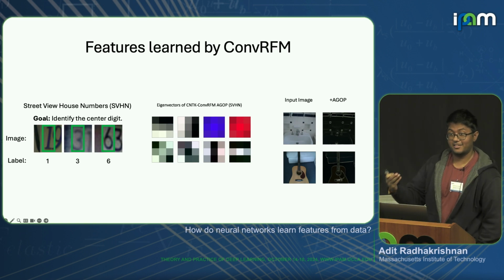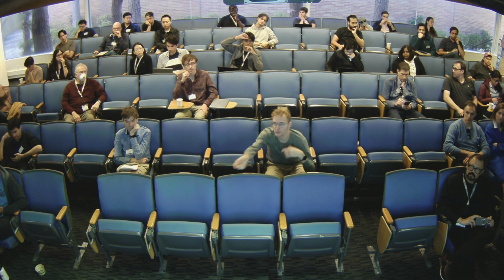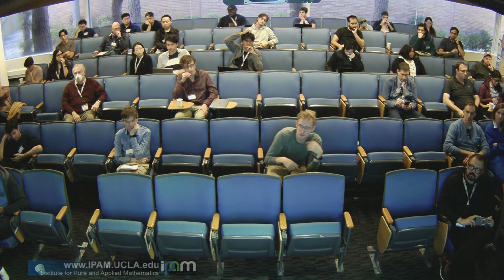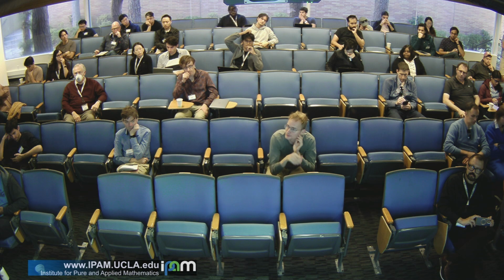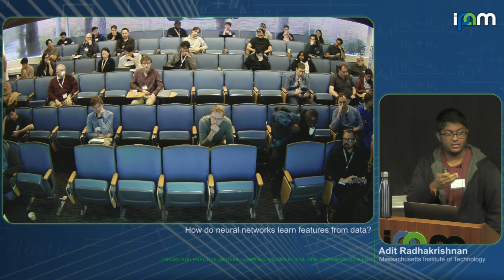Yeah. Wait, so could you get the same thing out of these features, not by doing the whole propagate forwards to find F and then backwards to find the AGOP, but just by convolving against these local filters? Do you need the whole AGOP rigmarole, or can you just use these filters to get this edge detection? Oh, you just use the filters, right, to get edge detection. But I'm learning the filters from the AGOP. These are the eigenvectors of the AGOP. Oh, okay. Yeah. You already answered the question.